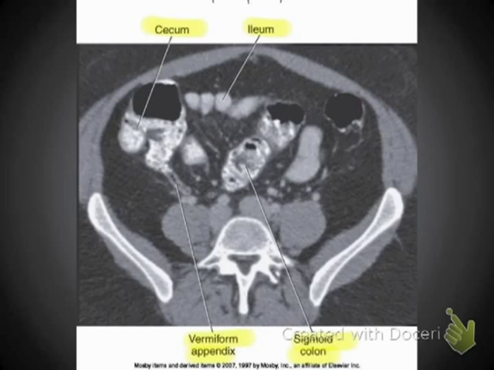Once again, we have the ileum and we have the cecum. So we have the cecum here, ileum coming in here. We don't really see the ileocecal valve, but we do see another structure, and this is what the book calls the vermiform appendix, but you'll hear it in your clinical sites, in your work, as just the appendix. Many times you don't see them easily defined as such, but here in this image it really kind of lays